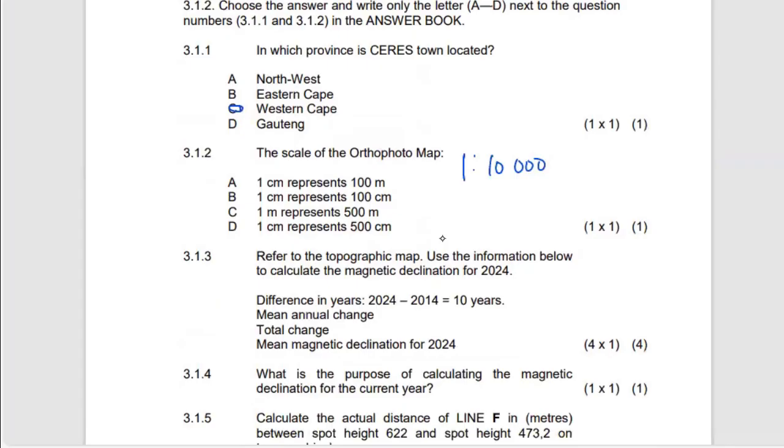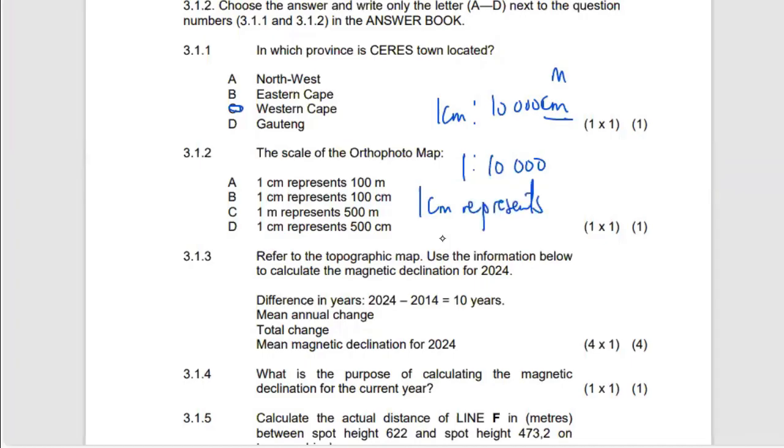So how do we convert 1:10,000 to a word scale? If we want to convert this scale 1:10,000, it means 1 centimeter is to 10,000 centimeters. So if you want to convert this to meters, to use a word scale, so that we say 1 centimeter represents,